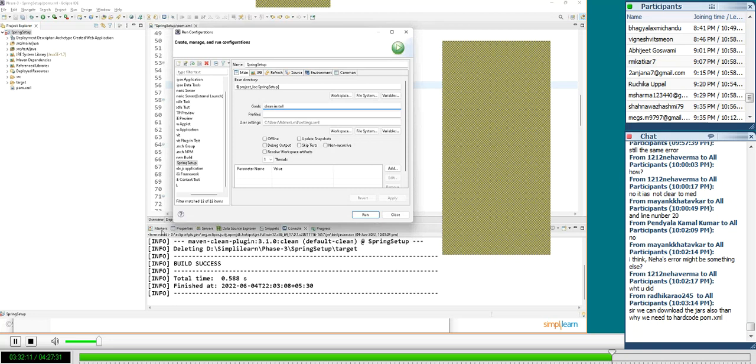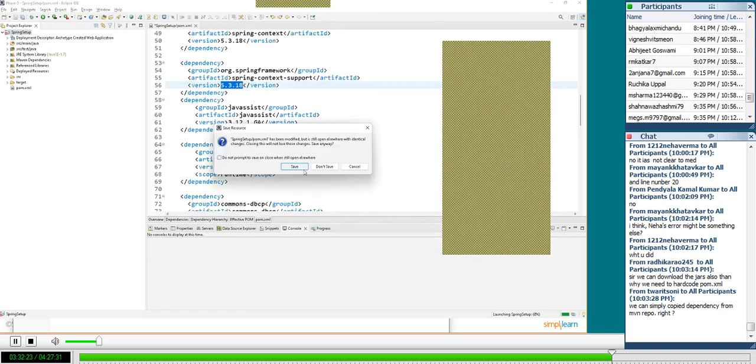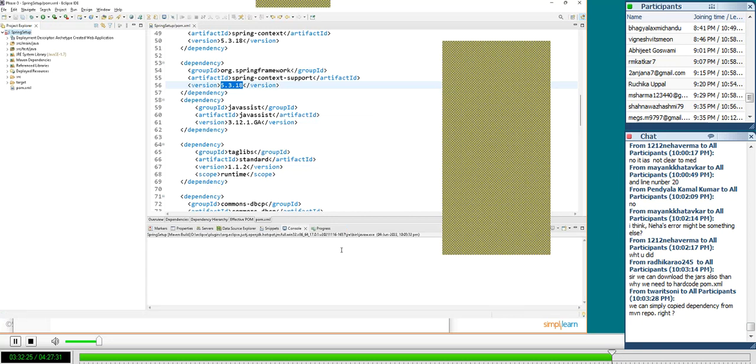Correct, Radhika. It's very much correct. Why we should add it in the pom, I will tell you. Okay, tell it as clean install. Okay, run it. So save it, run it. So when you run it,